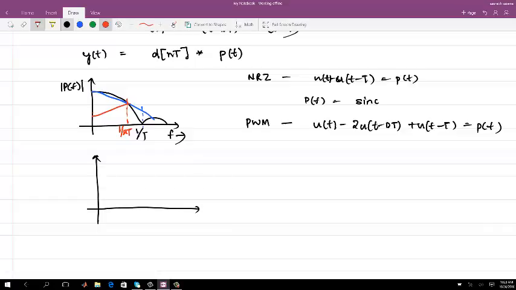For the rectangular pulse waveform or NRZ pulse waveform, the equalizer response will be something like this: this is 1 over 2T, this is 1 over T, and if the sinc waveform is something like this, then for the NRZ pulse waveform the equalized waveform is in this manner,